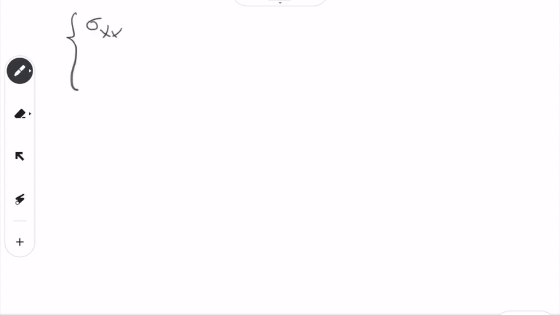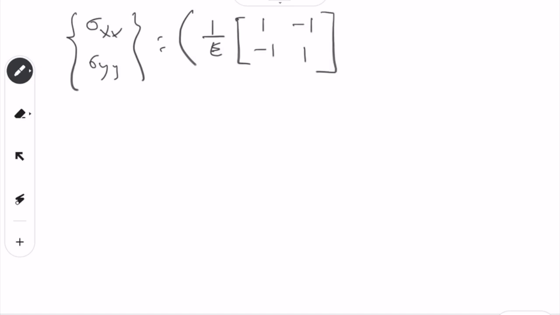So sigma xx, sigma yy is equal to, and what do we get? We get 1 over E and 1 over E, 1 minus 1 minus 1 1, okay, done. And like the inverse of that, minus 1, multiplied by epsilon xx and epsilon yy, okay. So which will be equal to